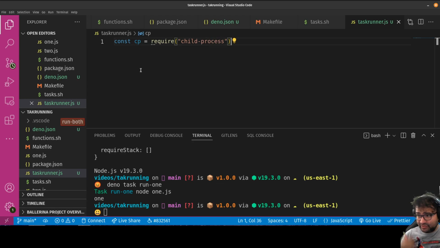Okay, and child process allows you to run commands. Basically, what you do is you're spinning up another thread to run a command for you. Okay, and then what I can do is I can just say const args,